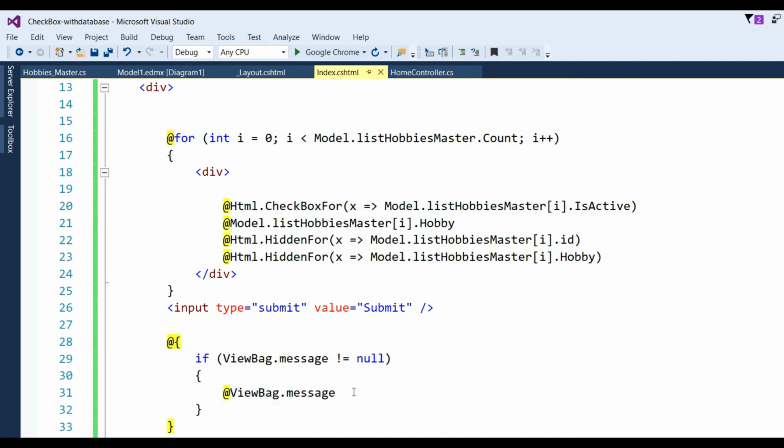Here we can see how to show the message from the controller in the view using ViewBag. There is some catch here because we have redirection, so we will use some other method to show it in ViewBag. Now run the application to see whether the selected checkbox value is showing or not.